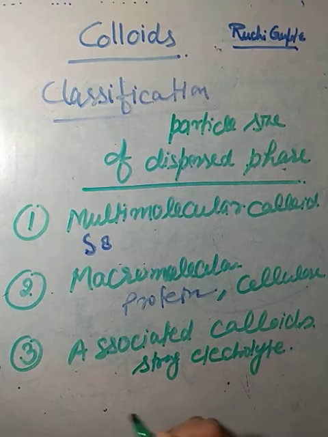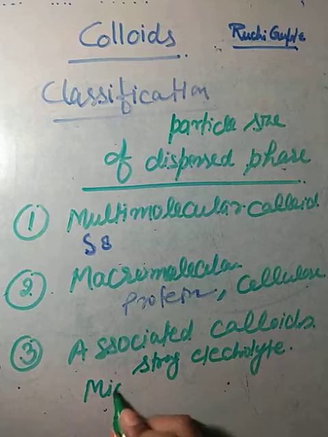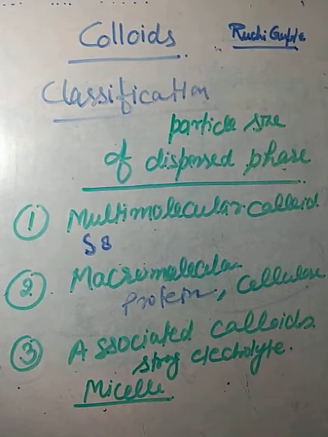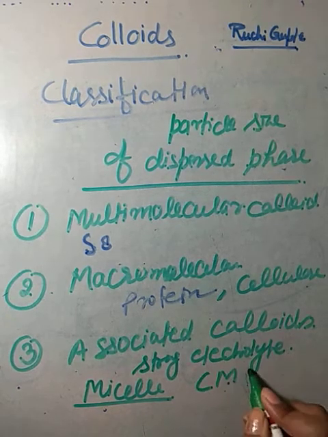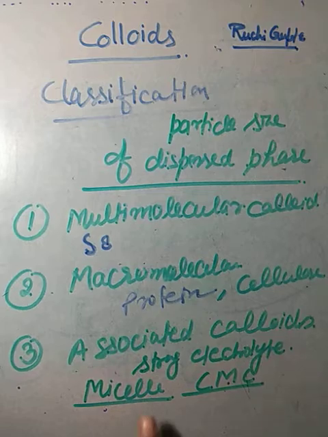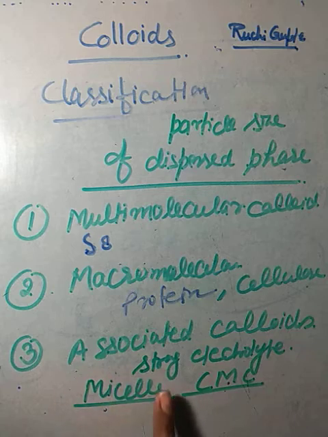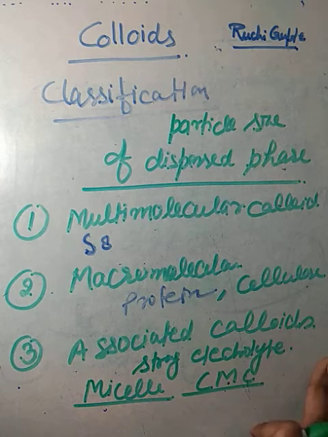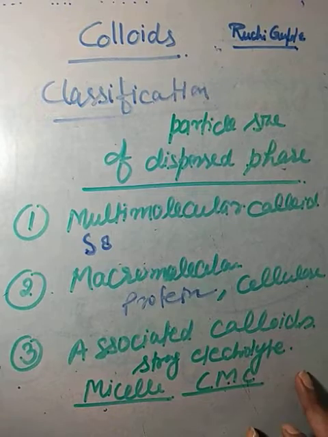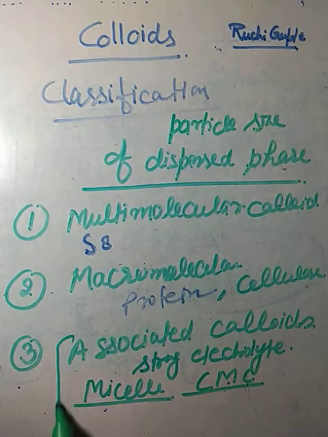This term is not new for you, you have studied it in class 10th. And you all know that during the formation of the micelle, we always take the concentration of soap higher than CMC, which is called what? Critical micelle concentration. And we also know that in the micelle, at least 100 molecules of the soap aggregate to form the micelle, and then they convert to the colloidal solution. But if the concentration is less, then they behave as a strong electrolyte, means they simply ionize and behave like an ionic solution. Okay, so this is called associated colloid.